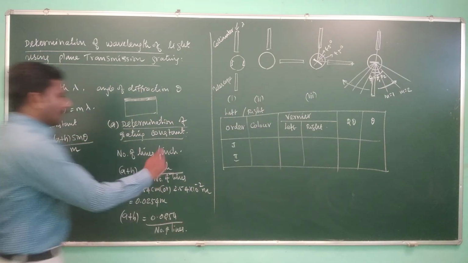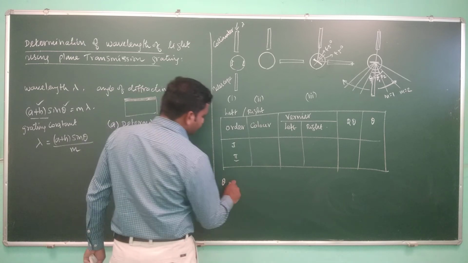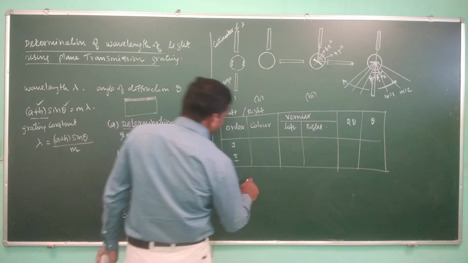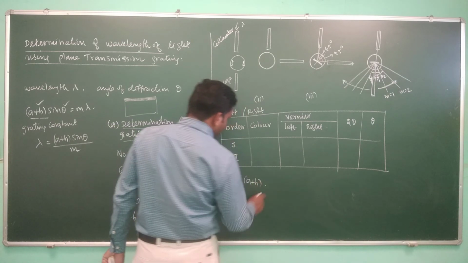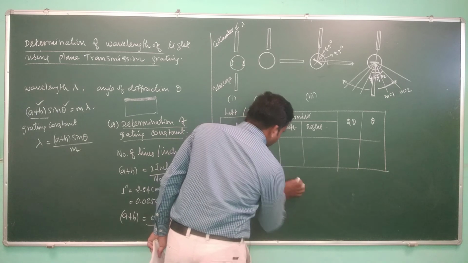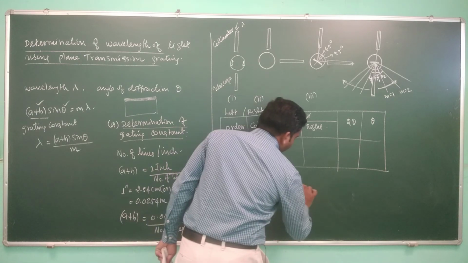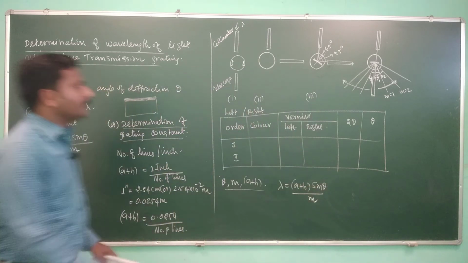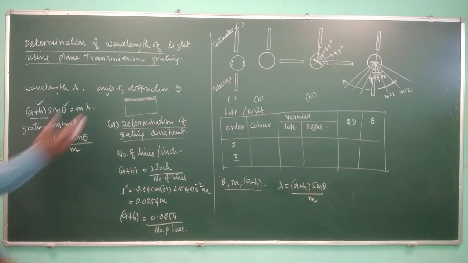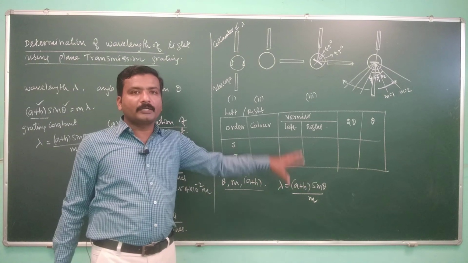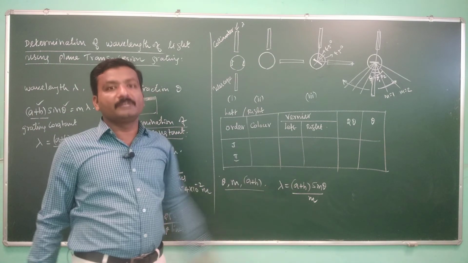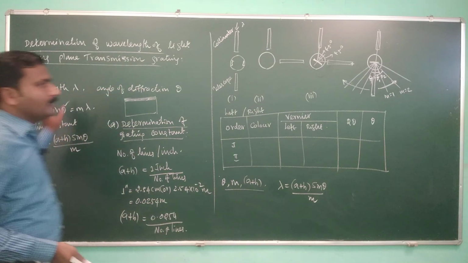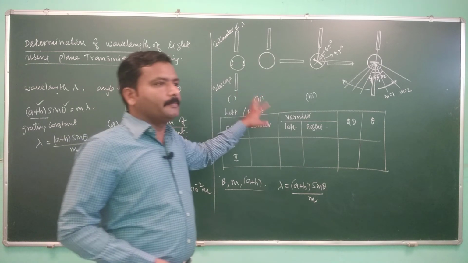Applying the value of theta, calculated for a particular order of the diffracted light, and the grating constant, if we know all this, by substituting into the equation (a plus b) sin theta equals m lambda, that is lambda equals (a plus b) sin theta by m, we can calculate the wavelength of a monochromatic light source or the wavelength of a particular color of white light if it is given. So this is how we can calculate the wavelength of a light source using the plane transmission grating. It is a simple spectrometer experiment.